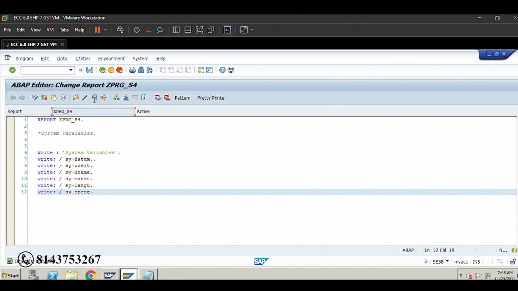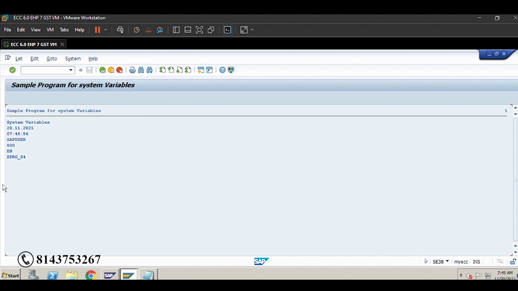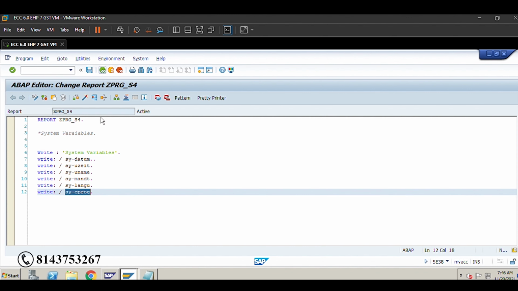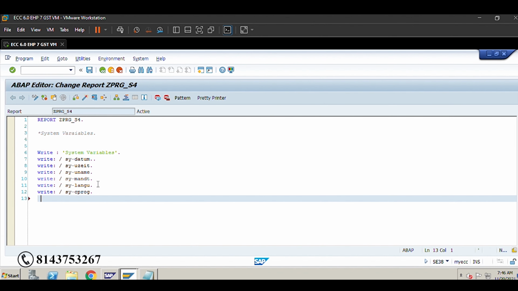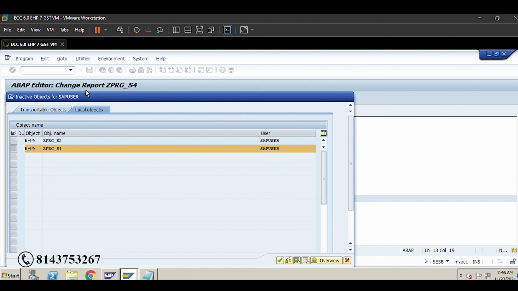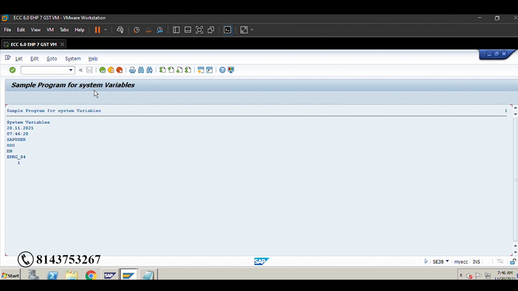Yeah, ZPRG_S4. So sy-cprog will hold this value, ZPRG_S4.